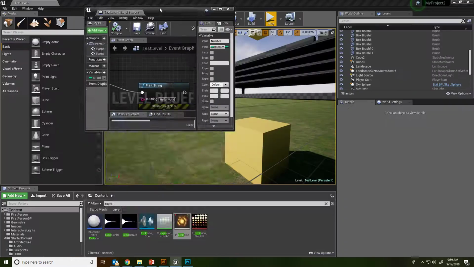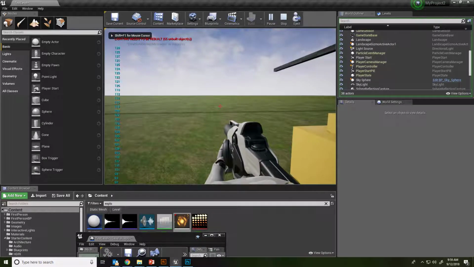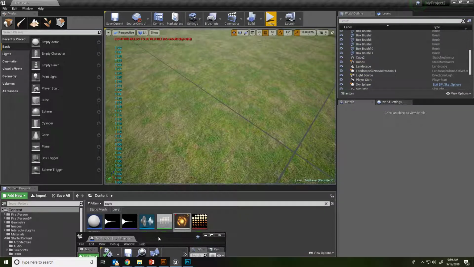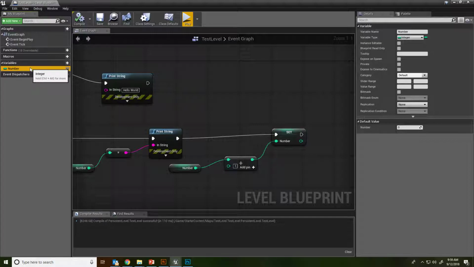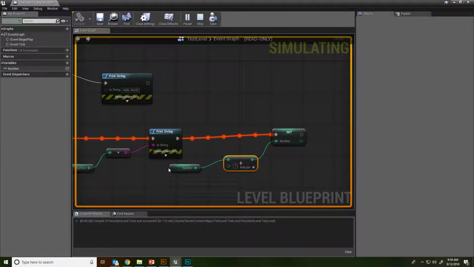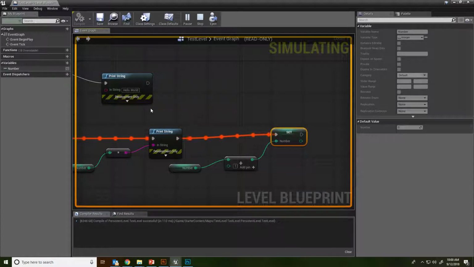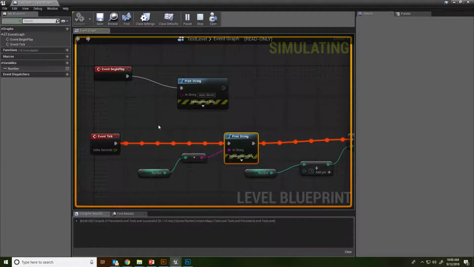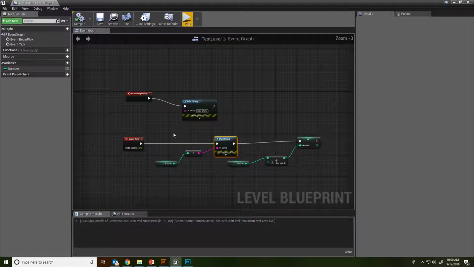Now when we hit play, we're going to see this number constantly go up. That will show you how many times it ticks in a second. It looks like it ticks about 100 times a second, and that would just keep going forever. So that integer is changing. I thought you could also see the value change if you click on this and hit play, but I guess I was wrong. That's fine. You can see the code running, though. That's good. For now, I'm going to delete all this